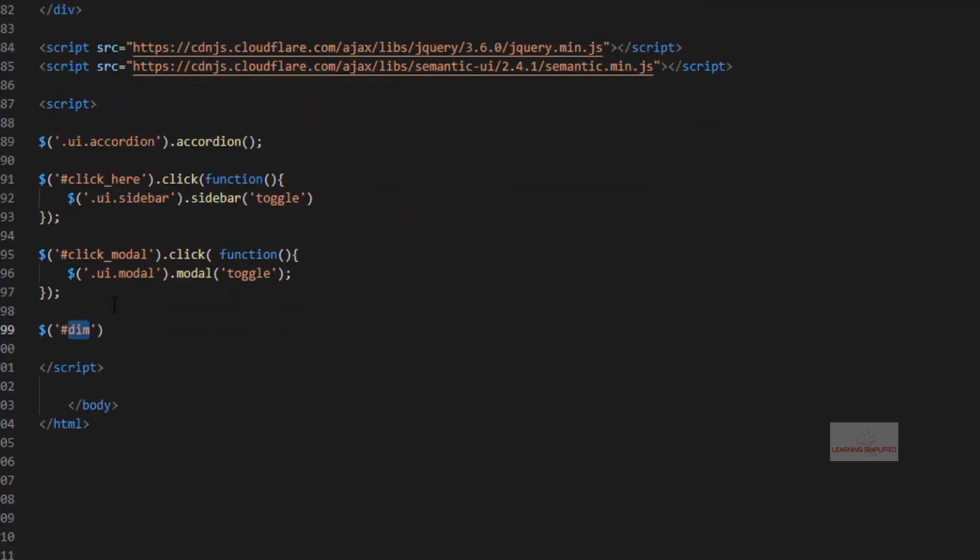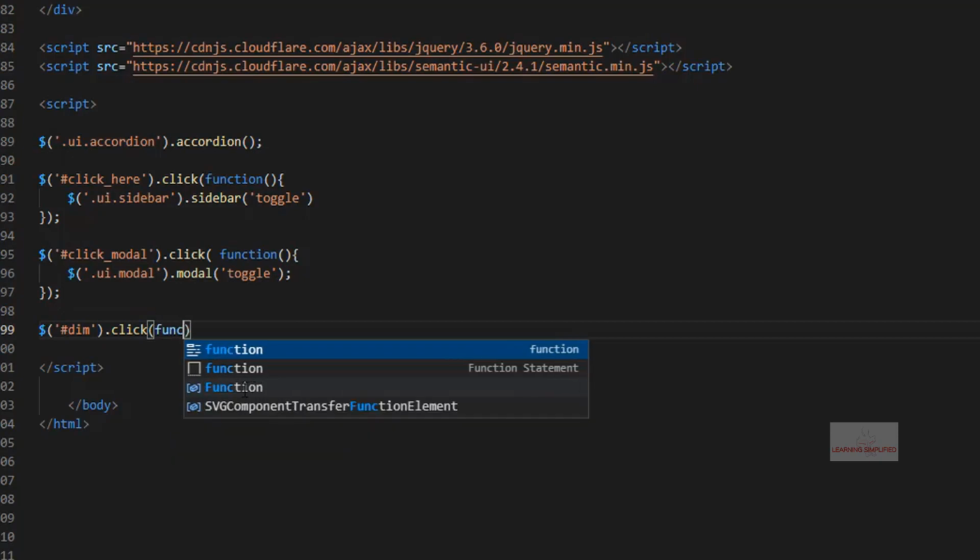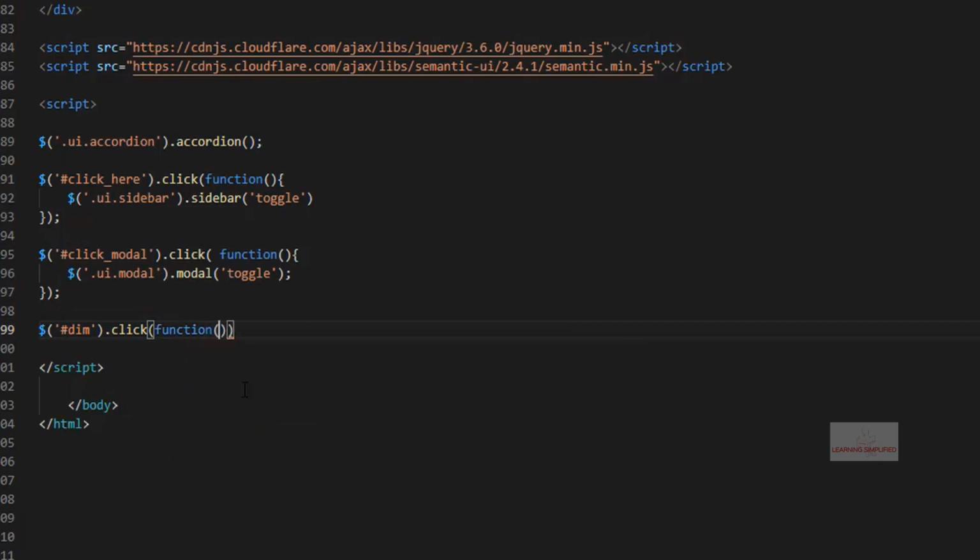So we are specifying that on clicking on it, a function will be triggered at once, which is going to target any class.